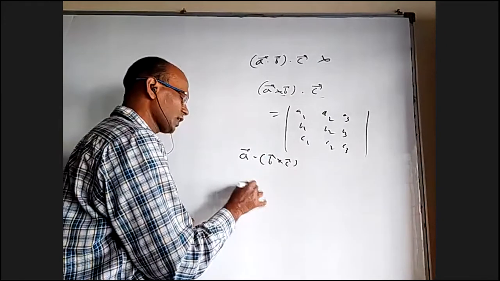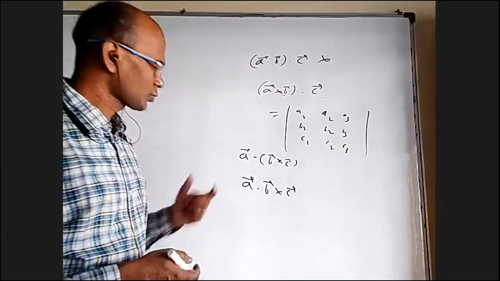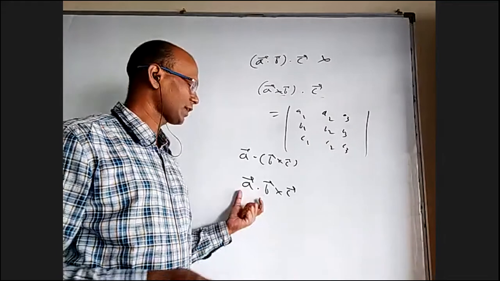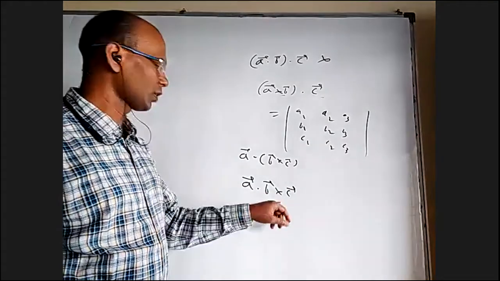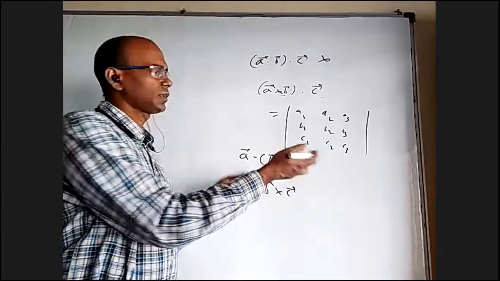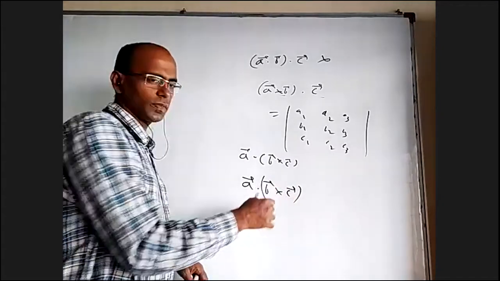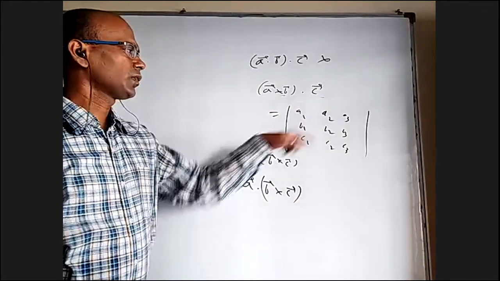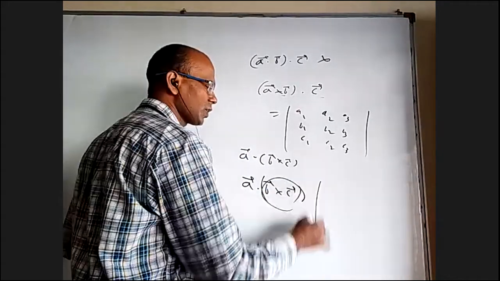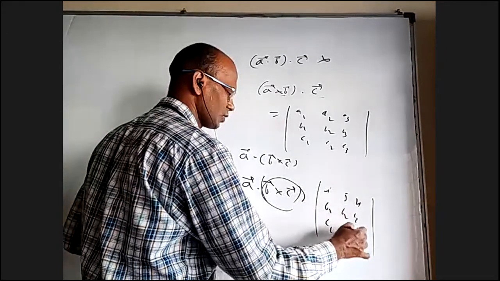In fact, when they give you a bar dot b bar cross c bar, we don't have to ask, do I have to do this multiplication first or this multiplication first? Multiplying this first is meaningless because a number crossed with a vector is meaningless. So always you have to do cross first and dot later. So the bracket doesn't actually have to be given. Obviously we are going to find b cross c first, and then we do the dot product with a. We are going to get this. In fact, if you see here, only b cross c, what is going to come? i j k, b1, b2, b3, c1, c2, c3.